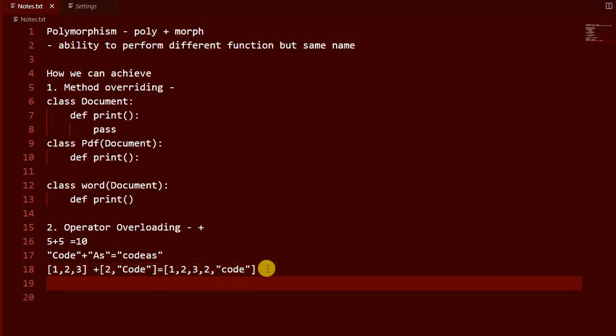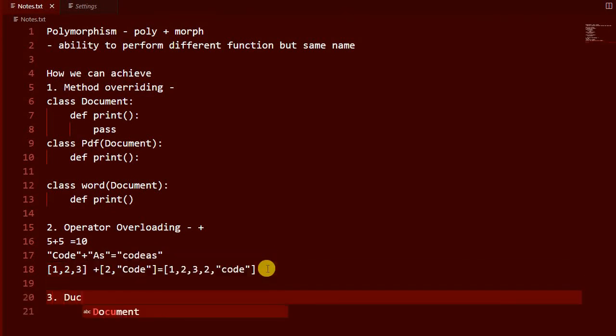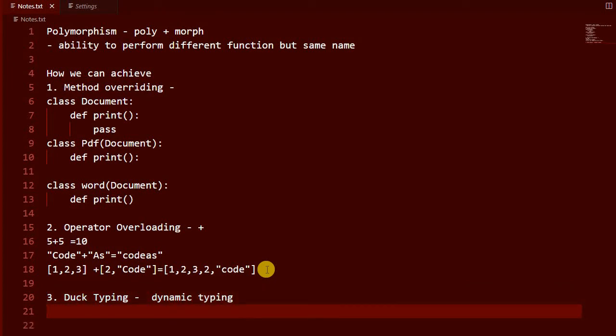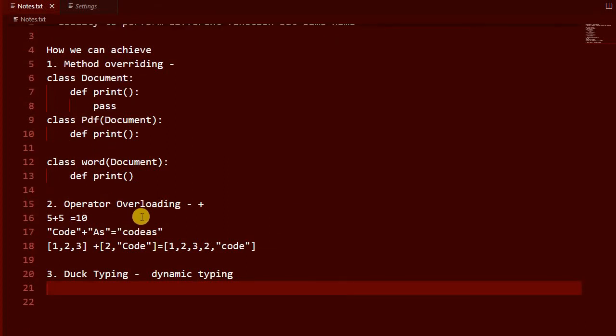The third way through which we can achieve this is known as duck typing. What is the meaning of duck typing? It comes from a saying: if it walks like a duck and it quacks like a duck, then it must be a duck. It mostly depends upon dynamic typing. Here also, if we pass a Word document or a PDF document object of the class, it will work in the same way. Their behavior will not change, but you are passing dynamic objects.